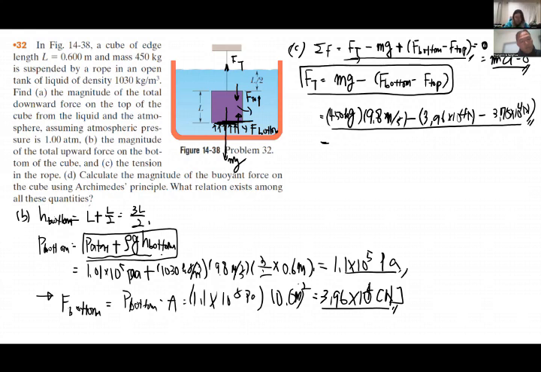I got 2,310 newtons. Okay, that's good. 0.23 times 10 to the 3 Newton. Okay, I think that's all for today. So we're going to move on to